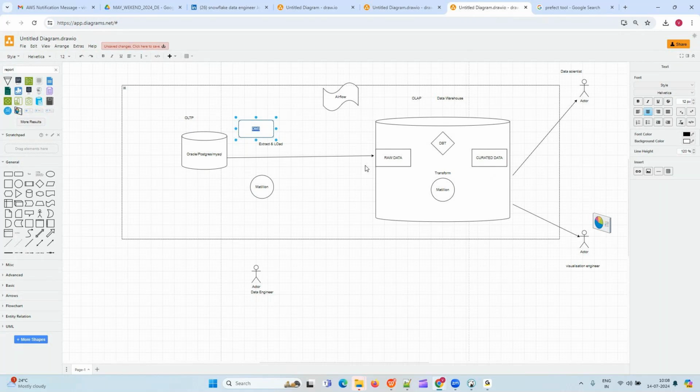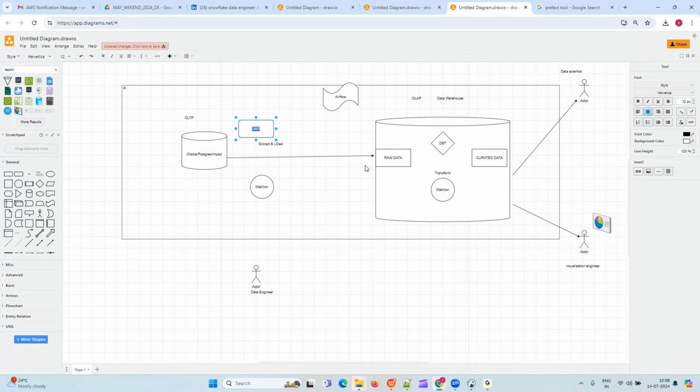Yes, sir. Why I'm asking is because I have seen in real time, everybody I have asked says they are using DBT Core. DBT Cloud is available in some YouTube videos, but they are not using DBT Cloud. In my office also, they are using DBT Core. So that's why I am very much interested in learning only DBT Core.